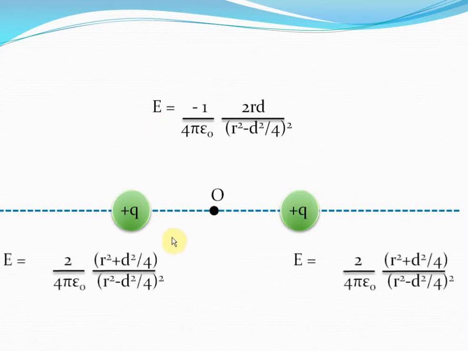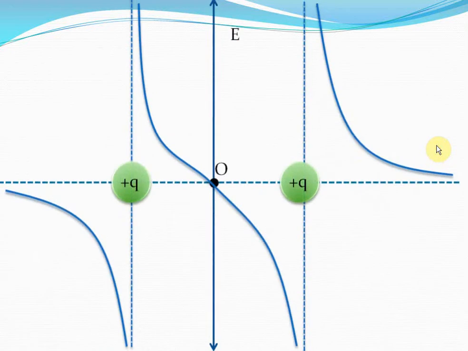Similarly, when you add E1 plus E2 in the case when both the charges are the same, this is the expression you get. You can even sketch the electric field because of two identical positive charges, with x. This will be the graph that represents the sketch of the electric field as it varies with x. As you can see, when the two charges are identical, the electric field becomes 0 exactly in the middle of the two charge system. That's because the magnitude of both the charges is the same. So the electric field due to this charge here will be like this, and the electric field due to this charge here will be like this, and these electric fields will cancel each other at this origin.